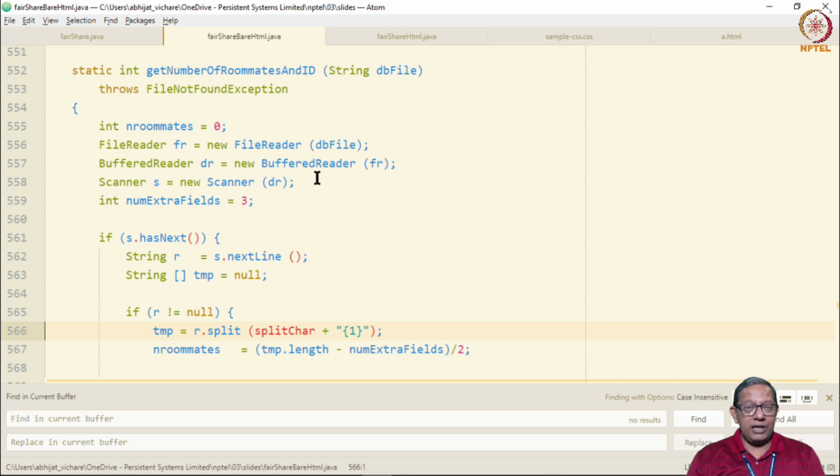This is a good point to take us to a pause and review the material that has been done so far. What we have covered is producing an HTML output without any cascading style sheets. This produces bare HTML, no decorations or any visual elements. They are only markup elements.